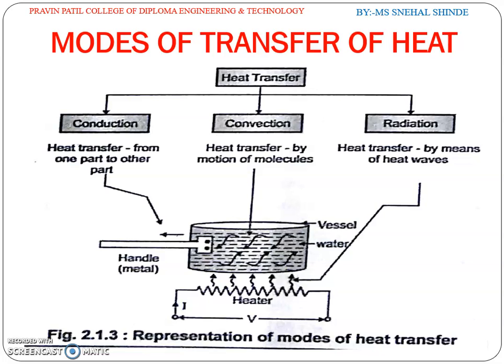Radiation. In this mode, heat transfer takes place by means of heat waves. These waves do not heat the medium in between two bodies and heat the body which intercepts these waves. The rate of heat dissipation by Stefan's law is given by